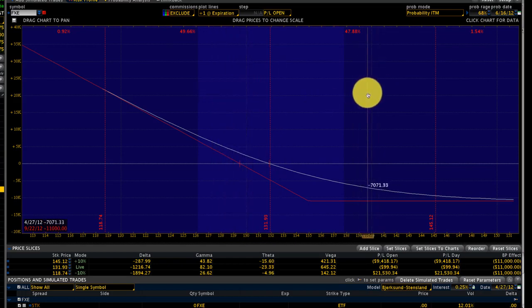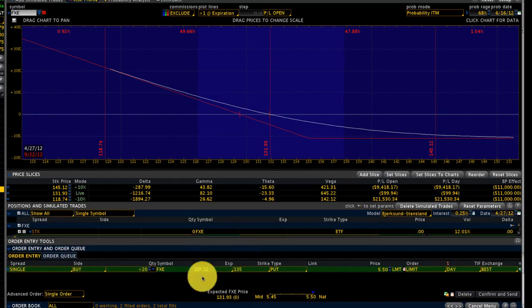And our maximum loss on this trade is 11,000. That is if the euro expires above 135. So in my opinion, that's highly unlikely. So that's what we're going to do. We're going to put this in the money put on the FXE and see how this trade works out. We'll be checking in every 3-4 days, and we'll catch up on it. So I'm going to put this order,